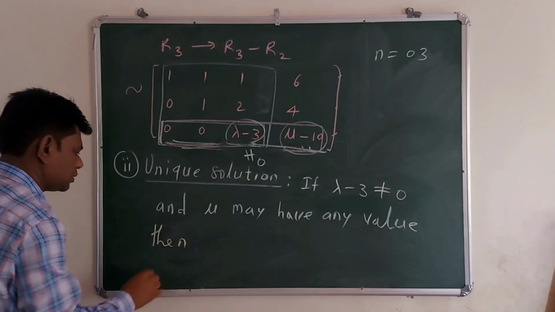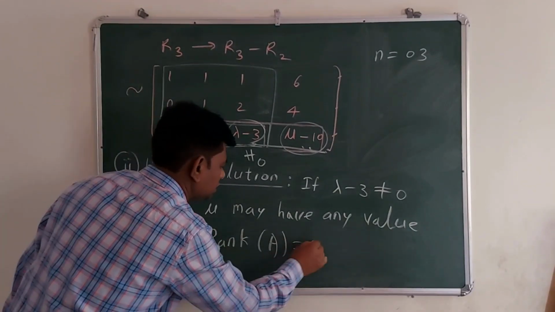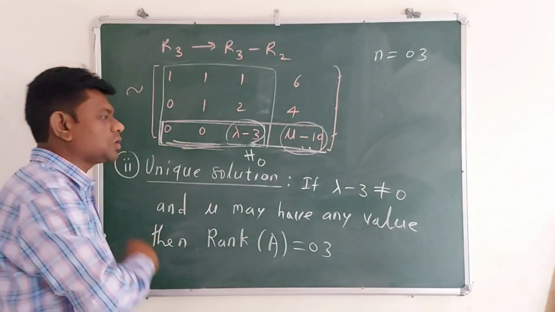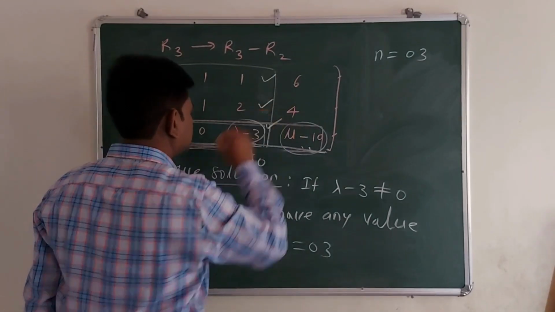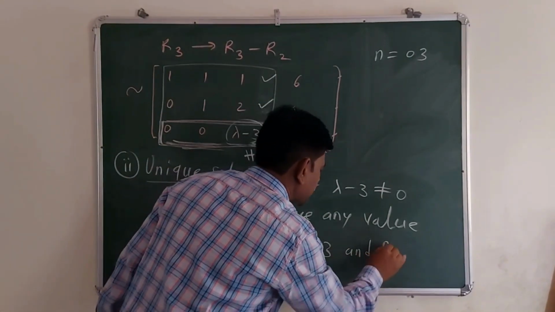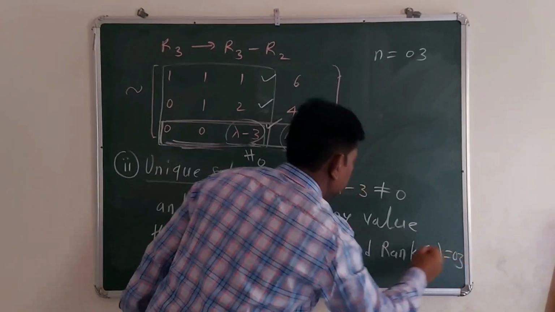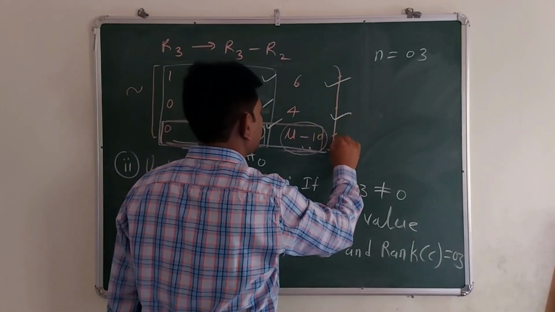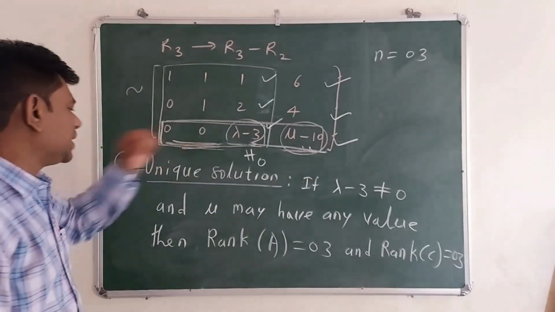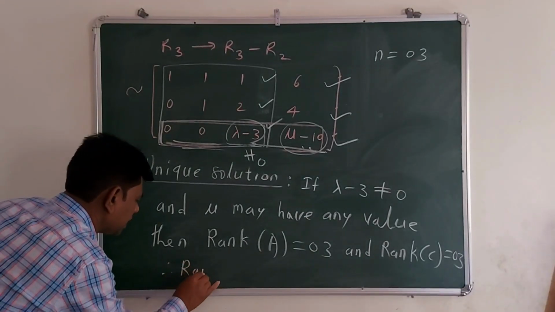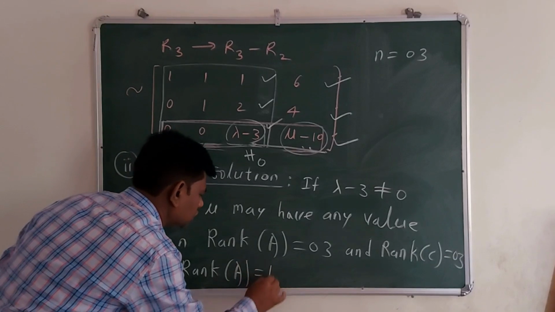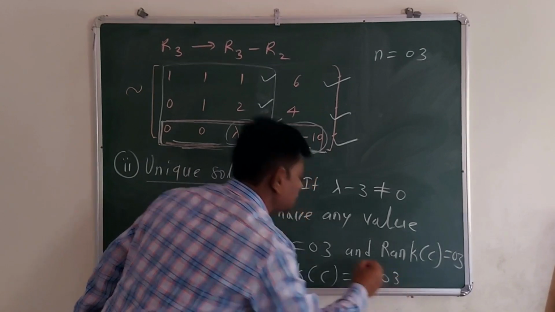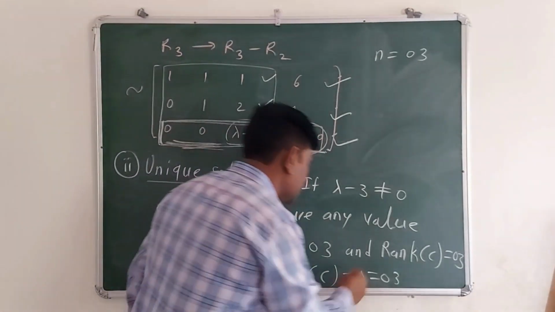Then rank A is equal to 3 because lambda minus 3 is non-zero, then the number of non-zero rows in the echelon form of A is 1, 2 and 3, and rank C is equal to 3 because again the number of non-zero rows in the echelon form of C is 1, 2 and 3 because this is the non-zero element, and therefore rank A is equal to rank C is equal to r is equal to 3, and here the number of variables is 3,